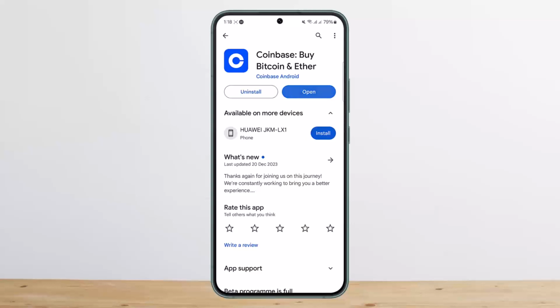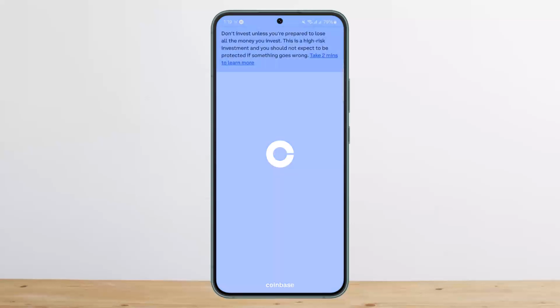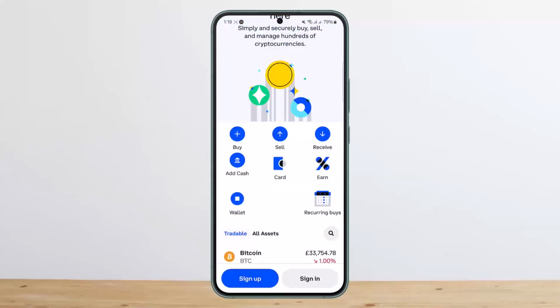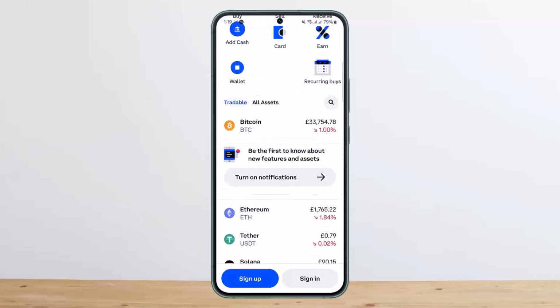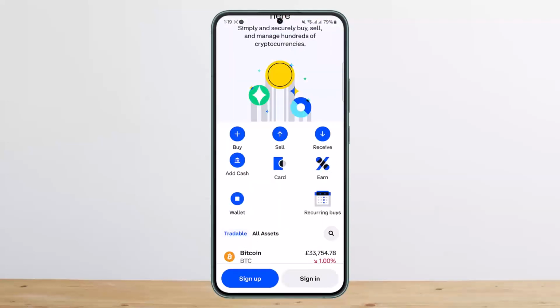Once you download it, you want to simply open it up. Once you open it up, here at the bottom you can see the sign up and sign in options. Here you can see the interface that you'll get: buy, sell, receive, add cash, card, earn, wallet, recurring buys. What you want to do is simply tap on the sign up option, enter in your details here,